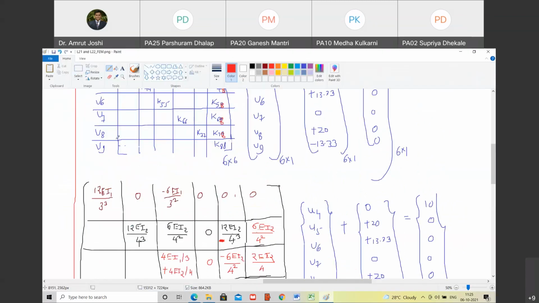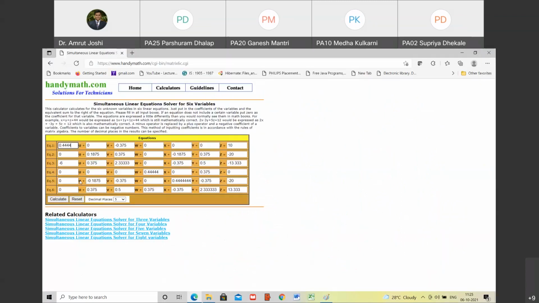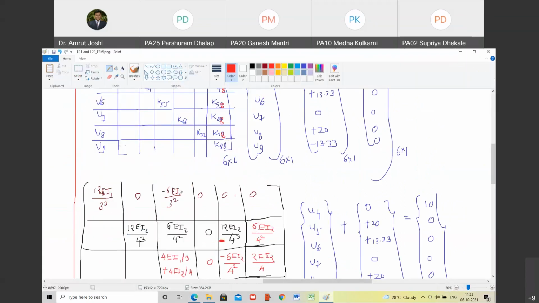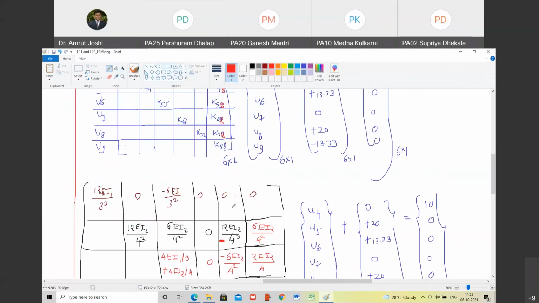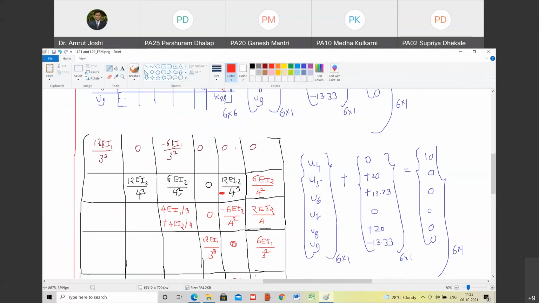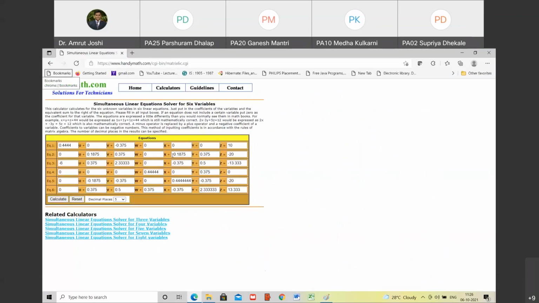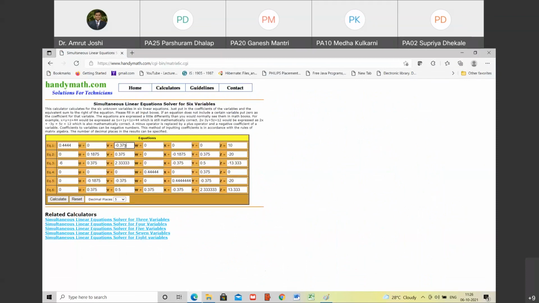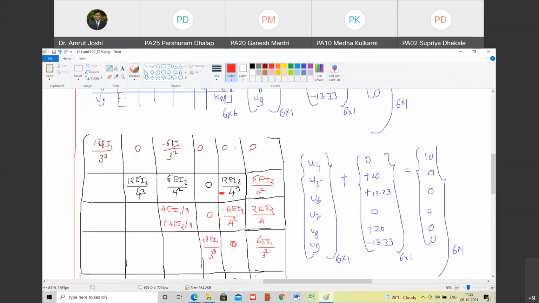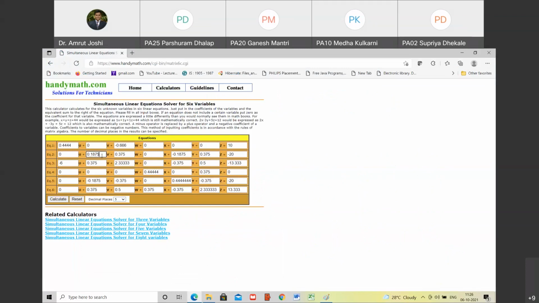Anyway, 12/3 cube, that is 0.444, correct? Right, sir. 6/3 squared, that is 0.375, that is correct. 12/4 cube, no, sir, that should be 6/3 squared, how much should that be? 0.666. Then all are right. Then 0, 0. First row is okay. Sorted. Yes, sir. Second row, 12/4 cube, this is correct.